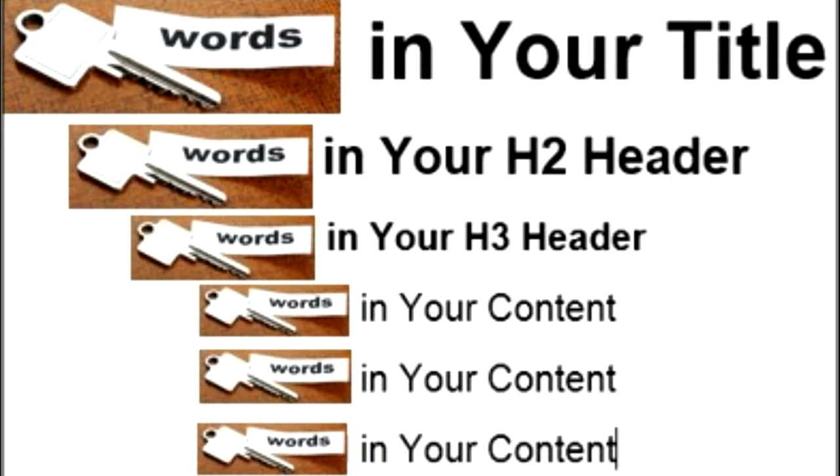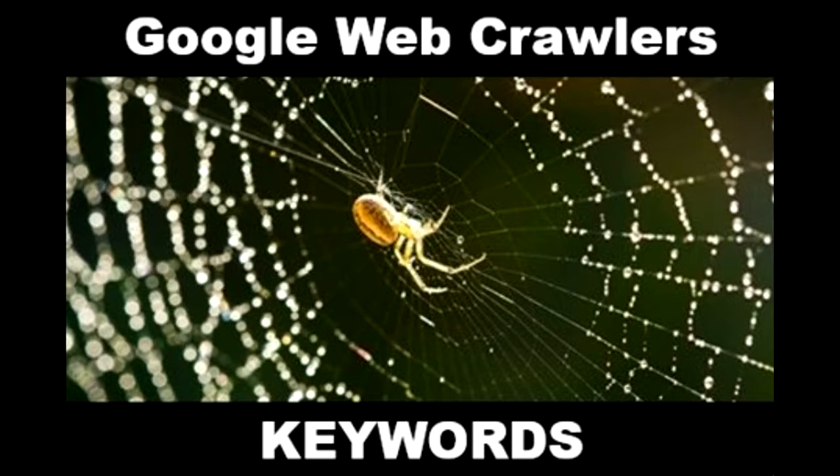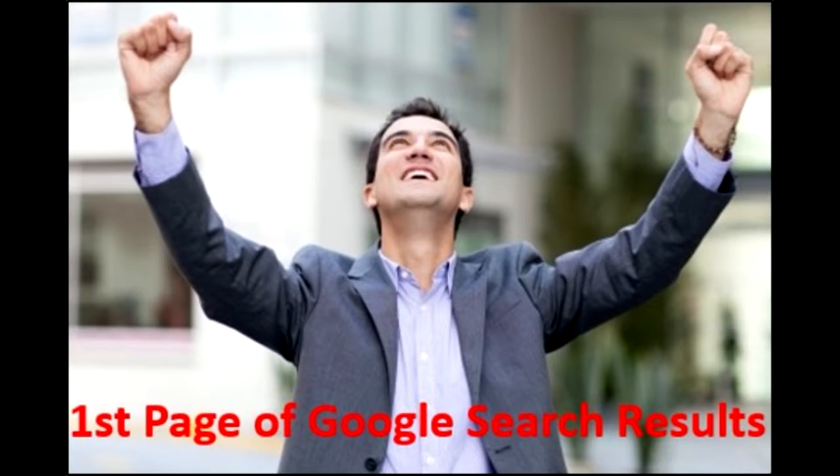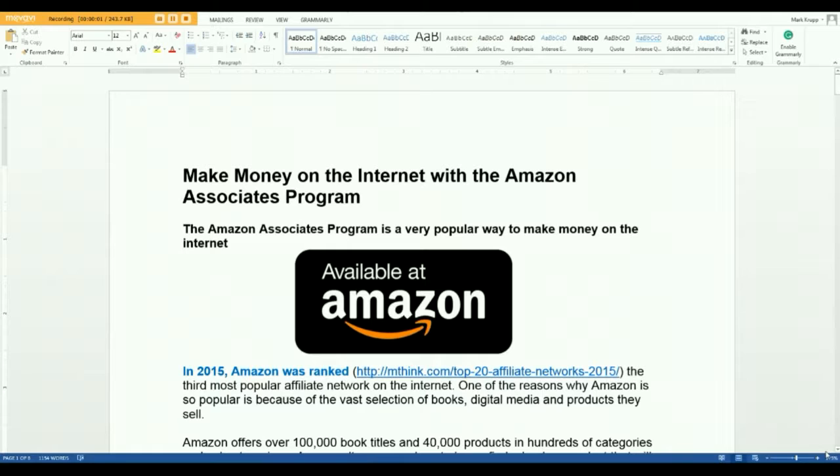Now, once you find these keywords, then you're going to put them in your titles, your headers, your subheaders, and in your text. And then Google's search engine crawlers are going to go through it, and they're going to find these keywords. And when people do a search, hopefully your page will then end up in the first page of Google's search engine results. I'm going to use this article that I wrote recently about Amazon's associate program to demonstrate